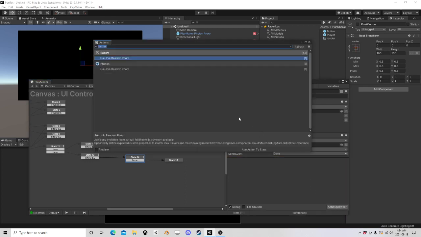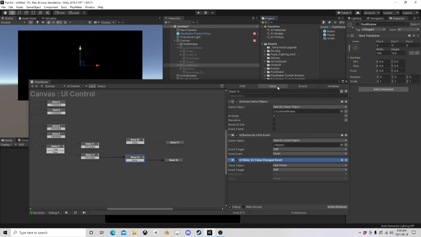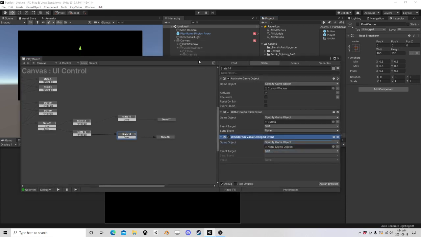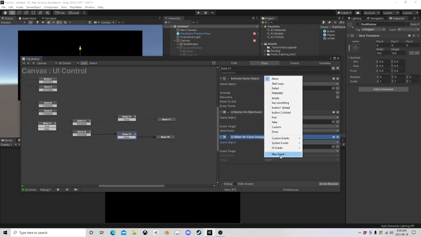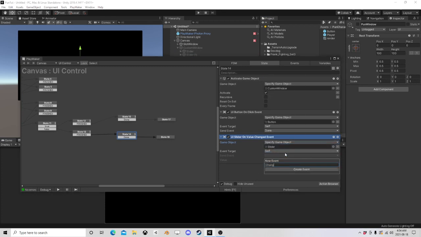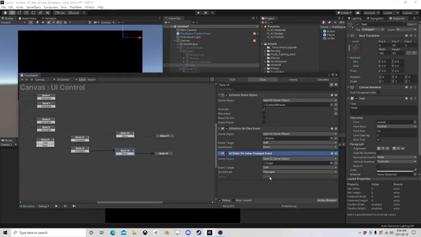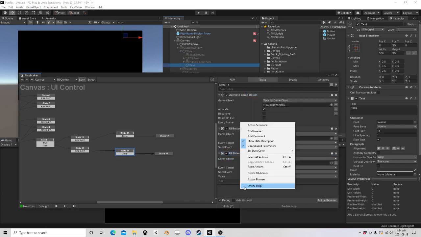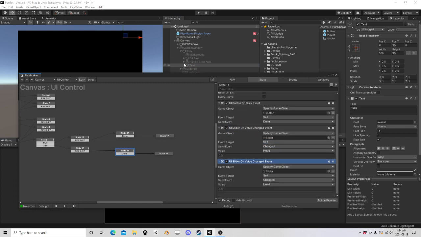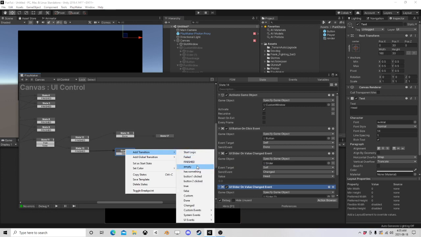You know what? No, we want a slider changed event. That's what we want. So if this slider has changed, we can take the value, and this slider is the head value. Yes. So this is now head. And copy and paste. Only this one's going to be for the other slider, and it's going to be hand. And if things have changed,